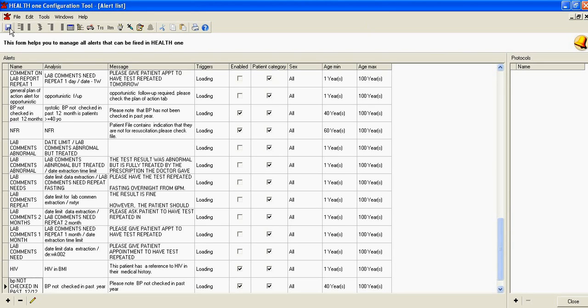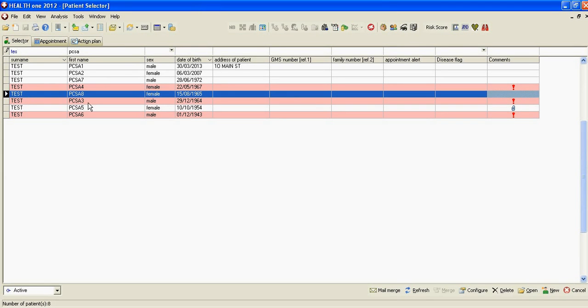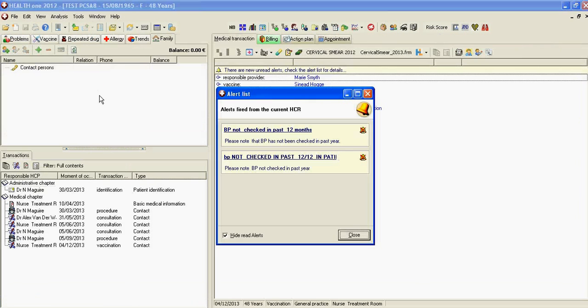When we then save this alert and leave the configuration tool, we can then check with our patients whether or not this works. And if you run this analysis, you'll find that when you click on a patient over 40 who hasn't had the report